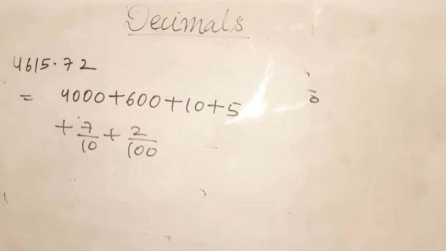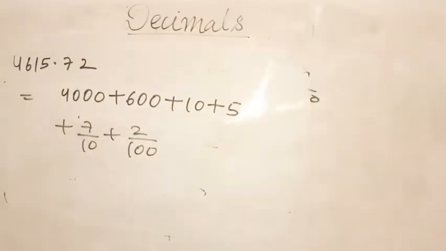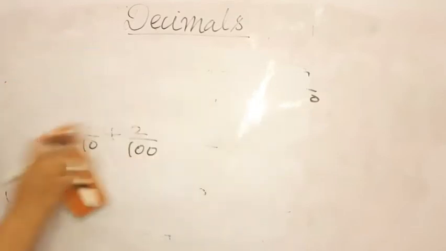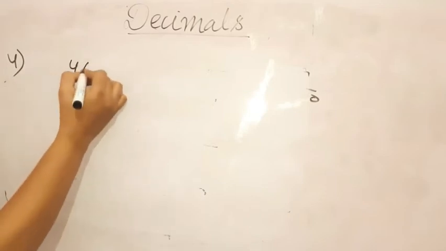Now talking about question number 4. In this question number 4, what do you have to do, students? Write each of the following in decimal form. So the expanded form is already given to you, you have to write it in decimal form. You can do this question in the maths book itself. Question number 4, first option, 40 plus 6 is 46, so